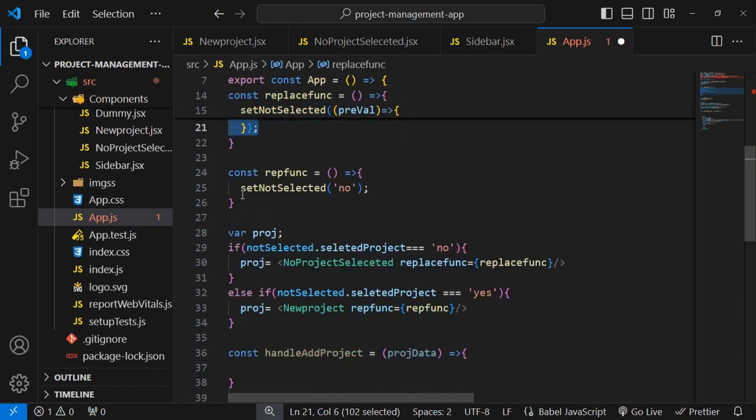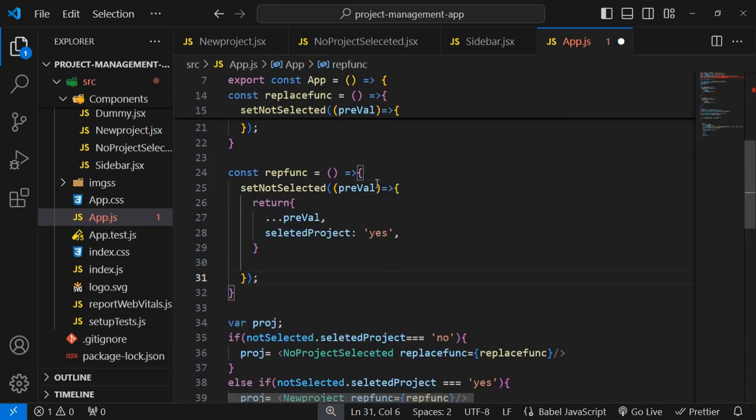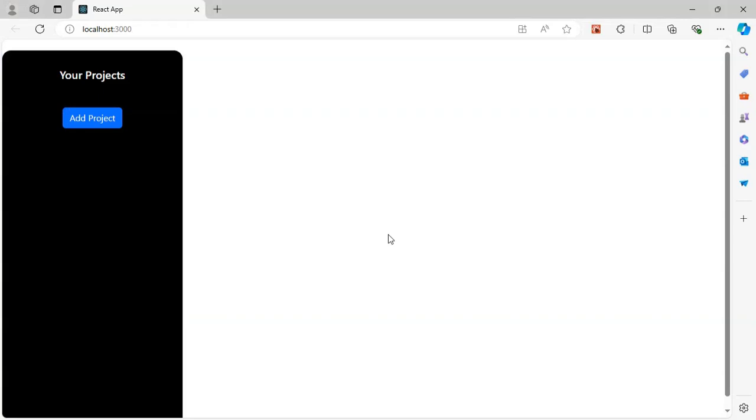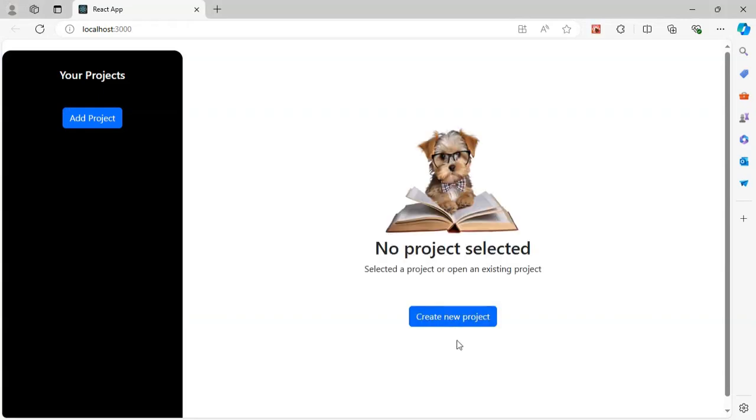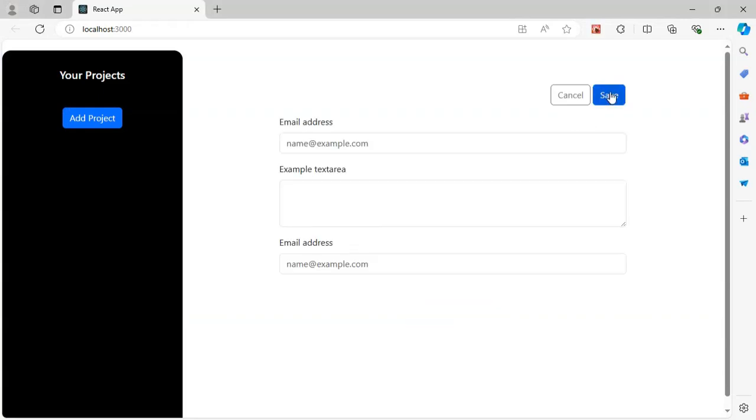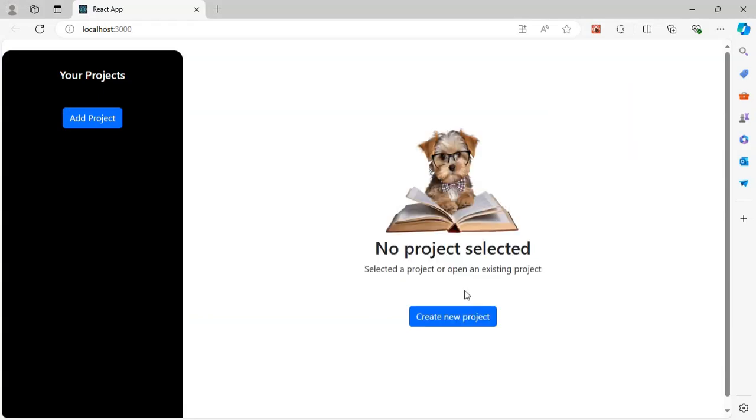Control C, with that function. Just let me type here as no, Control S, and move to our output. So here you can see that it is working successfully,